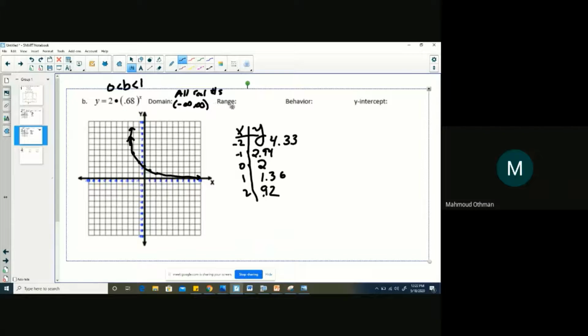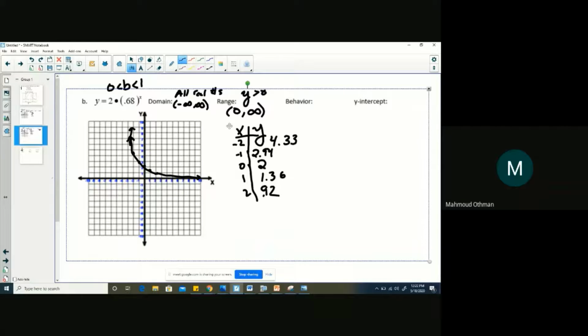The range is y is greater than 0 because it doesn't ever cross the x-axis. Or you could say it goes from 0 to infinity, even though you start from a big number and then